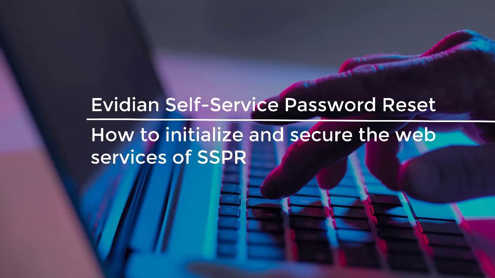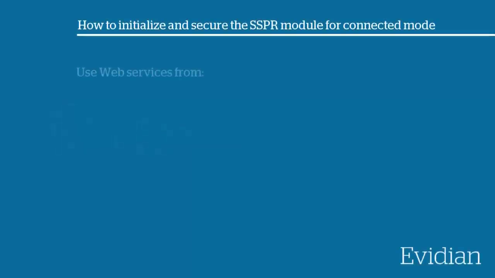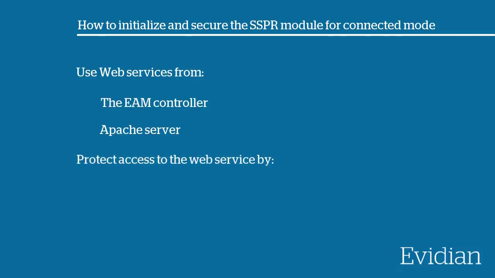The self-service password request feature in connected mode relies on access to Evidian EAM web service. This web service can be implemented directly on an EAM controller or through Apache. Evidian recommends using the web service of the EAM controller in order to avoid updating the Apache component. To protect the access to the web service from either of these components, you will have to define the SSPR